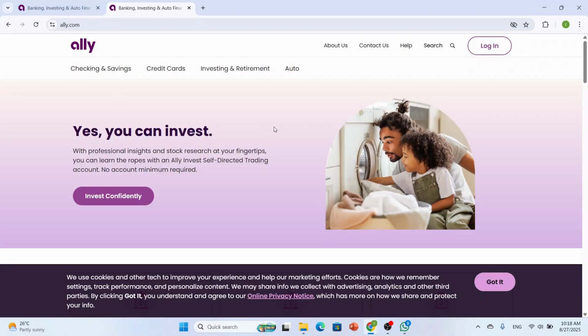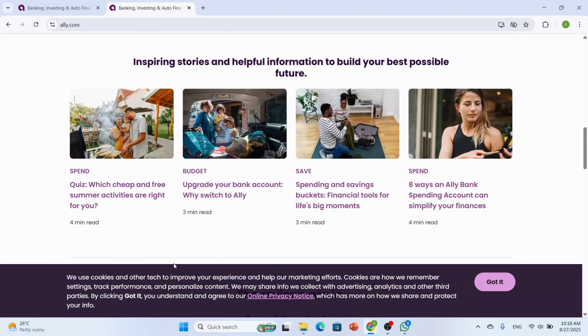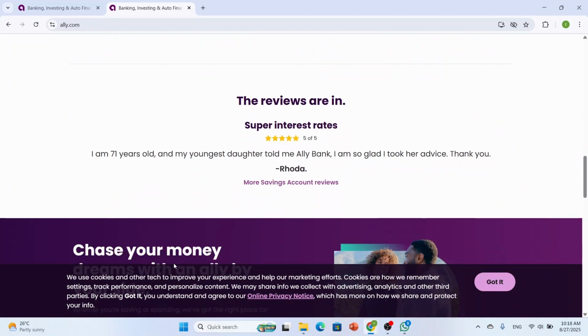Now here, you simply have to log in using your credentials, and once logged in, from the account dashboard you simply have to select the account you want to close, like checking, savings, or money market. And there you can click on account settings or profile, and then look for the